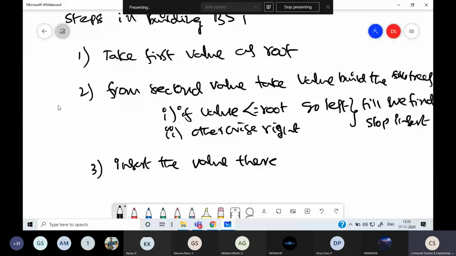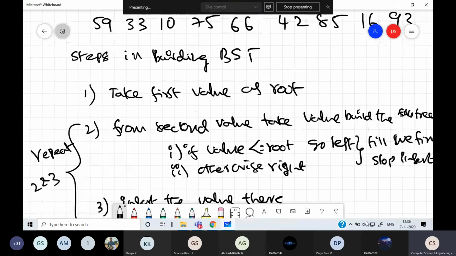And repeat steps 2 and 3: from the second value, take each value, until all the values of the list are exhausted. So this is the logic.